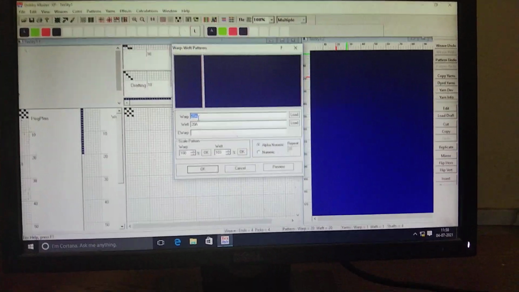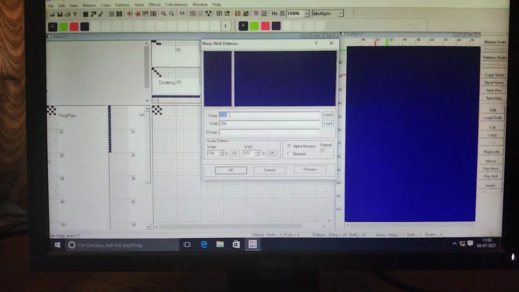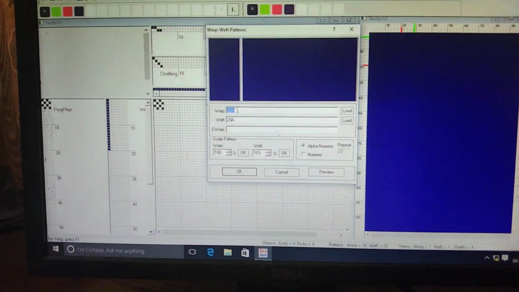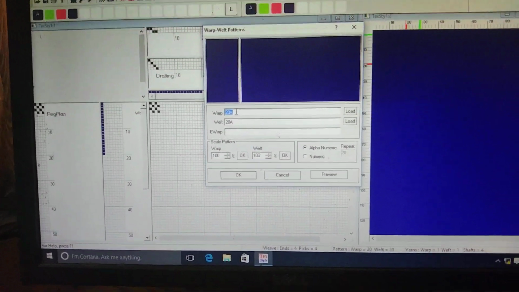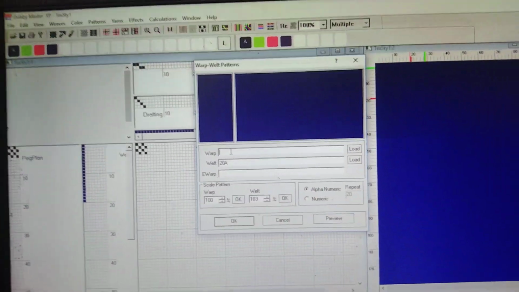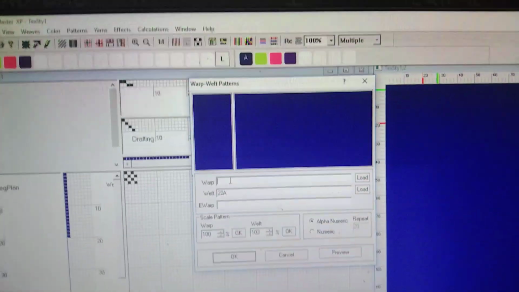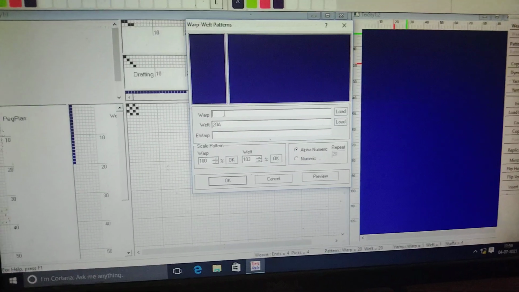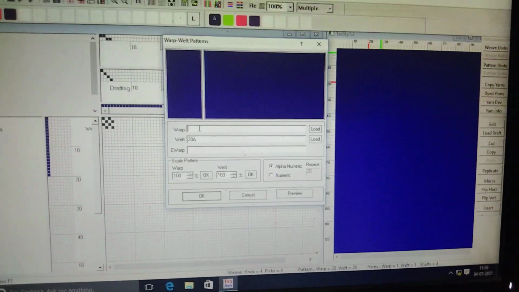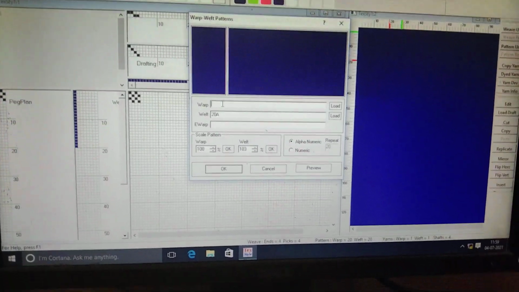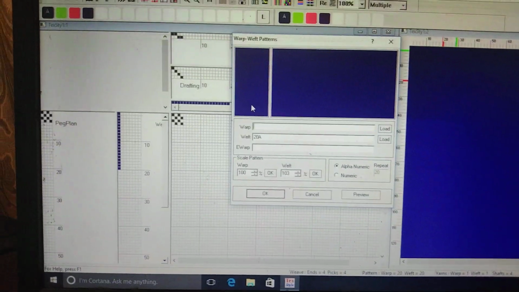Here the warp space shows 20A. 20A means I have selected pattern 20, so it gives 20 spaces automatically. Now these 20 can be divided according to the designer's mood, whatever division we want.